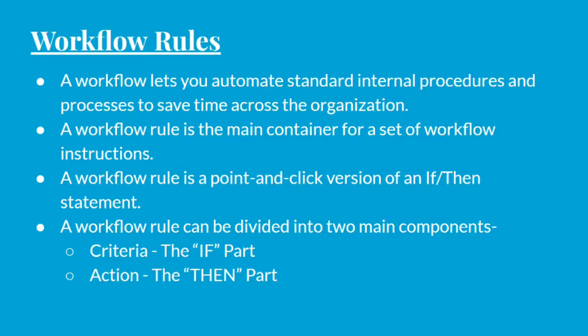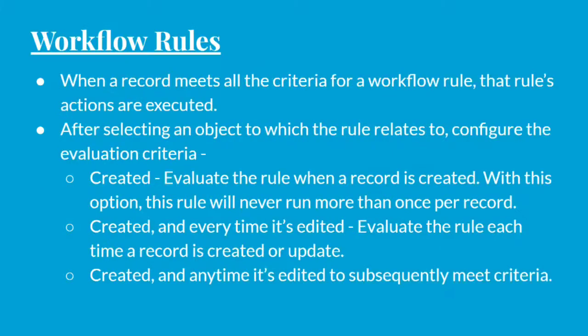Every time an opportunity comes with more than 50,000 value, you need not send that email manually. You will just define a workflow rule which will take care of this process. Every time, the manager will get intimation once any opportunity of more than 50,000 value comes into the organization. The criteria will be the opportunity amount is greater than 50,000. And what is the action part? You will send an email to the manager. So this is your workflow rule's main components, criteria and action.